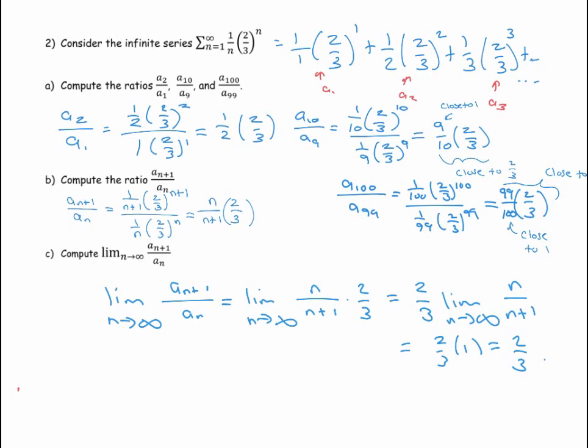So now it's time to reflect on this a little bit. What I've done is I'm looking at the limit of the ratio of every term divided by the one before it. In a geometric series, that limit is 2/3 because it's always 2/3 wherever you are. Wherever you are in the geometric sequence, to get to the next term you multiply by 2/3. This series is a little different though. What this limit is telling us is that in the long run, even though you're never multiplying by 2/3 exactly to get to the next term, as n gets bigger and bigger, this gets closer and closer to 1,